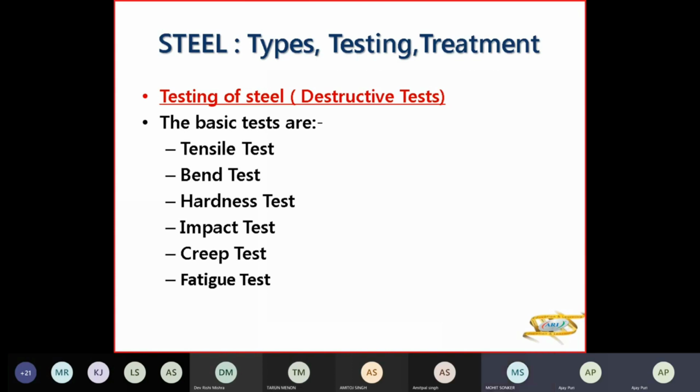आई थिंक आपको वीडियो सब दिखाया हुआ है, क्रीप टेस्ट, फटीग टेस्ट, टेंसाइल टेस्ट, सब दिखाया हुआ वीडियो। तो टेंसाइल टेस्ट में तो आपको बताया था, जब हमने स्ट्रेस स्ट्रेन रिलेशनशिप किया था, उसको खींच रहे हैं ताकि वो ब्रेक पॉइंट पे आए, तो सैंपल तो टूट जाएगा ना, खींच के टूट जाएगा। अब जैसे मैं एग्जांपल देता हूँ, मारुति कार है।